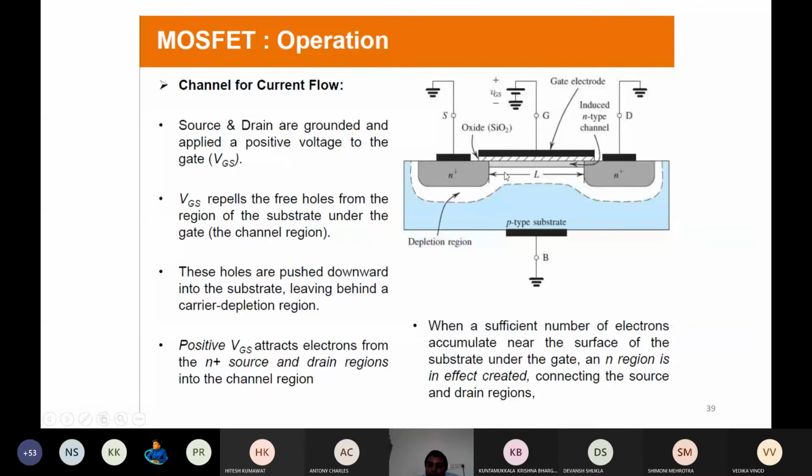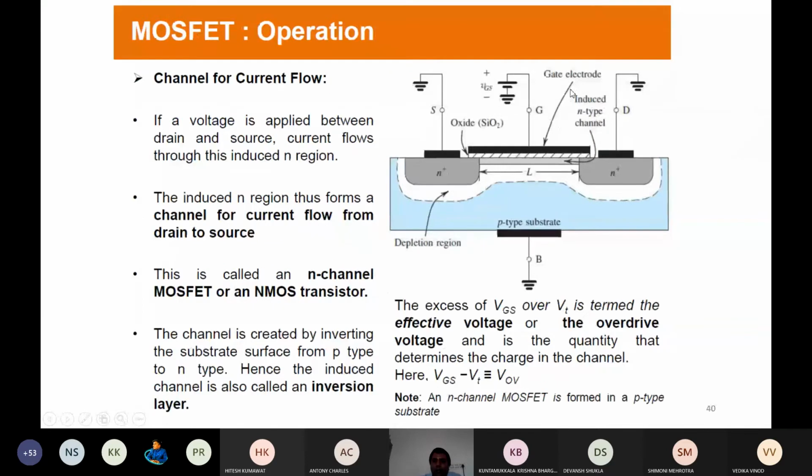The depletion region extends all over the drain and source region, we can see. And this is the p-type substrate. The body is grounded; we generally keep the body grounded. Obviously in this case the channel is formed, but to operate it properly we also need to give some bias at the drain. So the drain should be biased properly. Why the channel is formed, that operation we have already seen. Then with drain biasing, how it happens, we will try to understand.